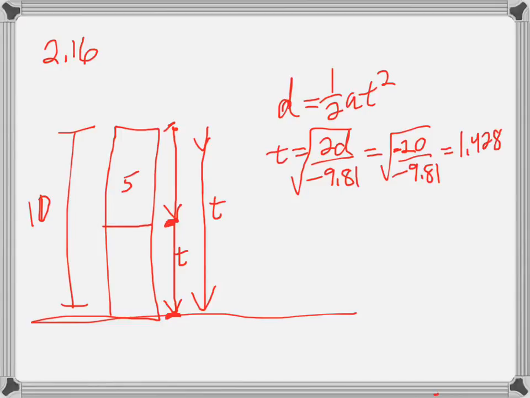1.428. Then I want to figure out how long it takes to fall just from here down to here, the first 5 meters. So that would be the square root of negative 5 times 2, negative 10, divided by negative 9.81. And that gives me a time period of approximately